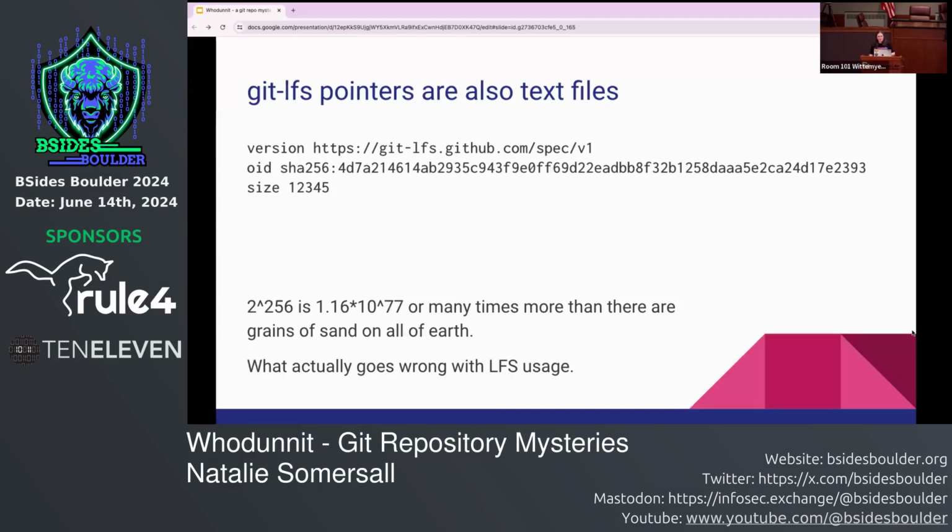But more importantly, these pointers are actually designed in a way that makes auditing very, very easy. So here's an actual real text example of a pointer. I just shamelessly stole this from Git LFS's documentation, but it gives you the version of Git LFS that's used. It gives you the object identifier, so the SHA-SUM, and the size,